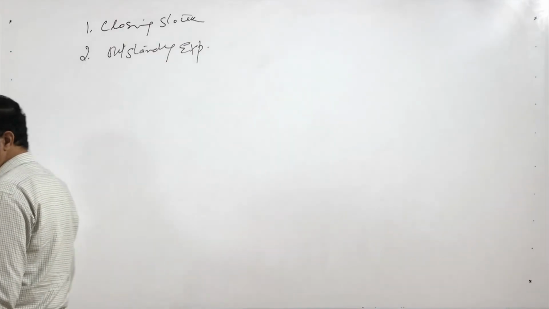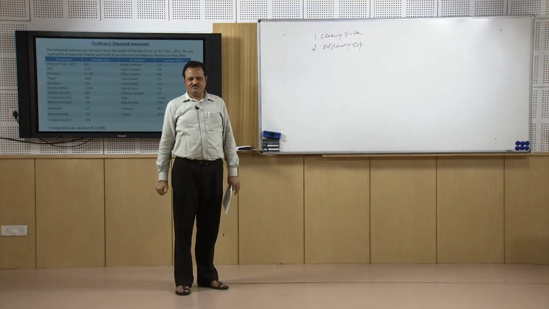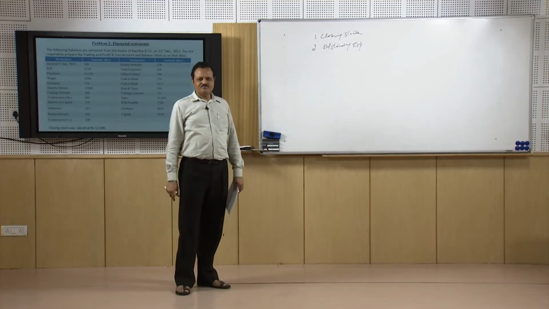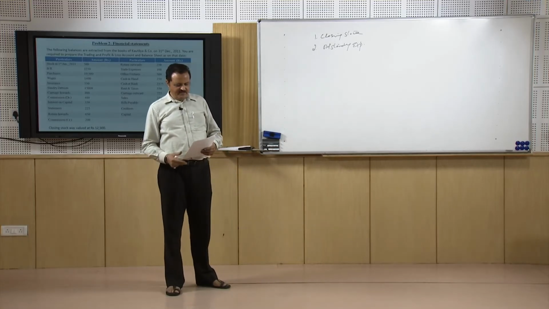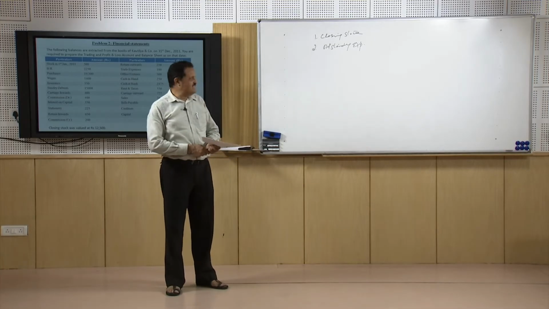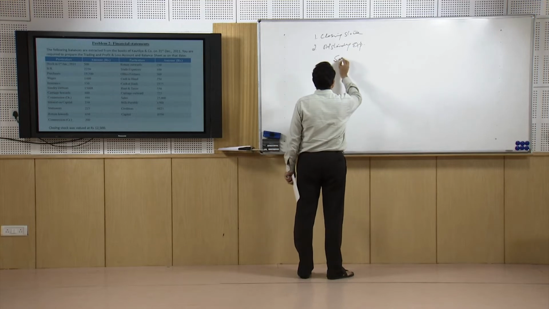Outstanding expenses are, as I shared with you in my previous lecture also, those expenses which have already been incurred by the firm, the benefit of which has been enjoyed by the firm, and the payment has not yet been made. For example, we take outstanding expenses as the salaries